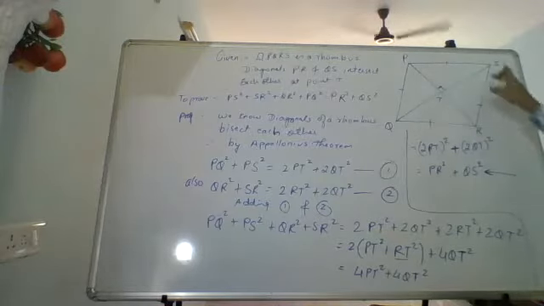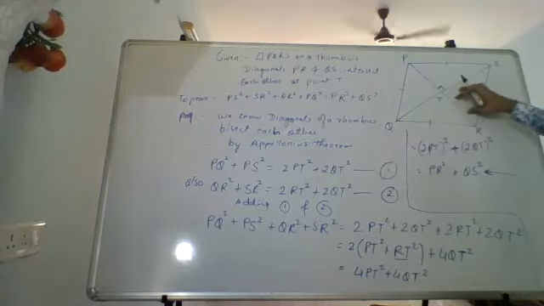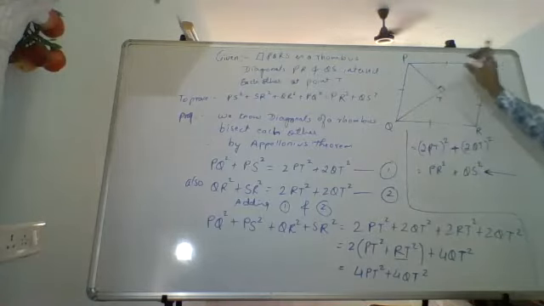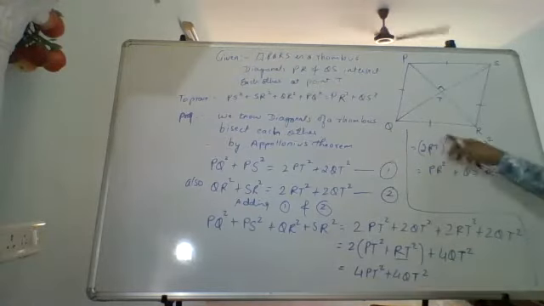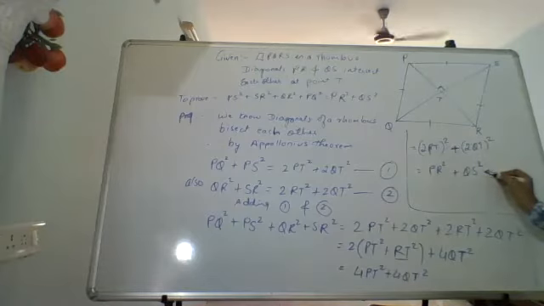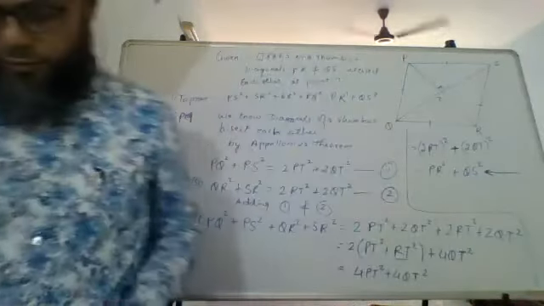So we would get this square plus this square plus this square plus this square is 2 times this square plus 2 times this square plus 2 times this square plus 2 times this square. That is 4 times. We would come to this thing and then still this. So using Pythagoras also you can prove this. Using Apollonius also it can be proven. Please copy this.